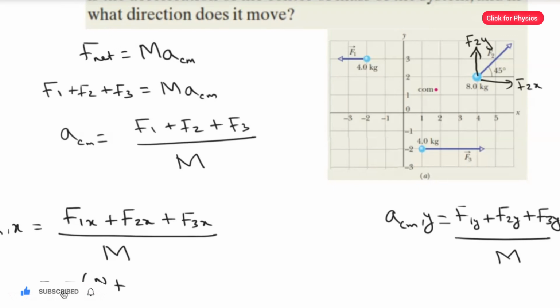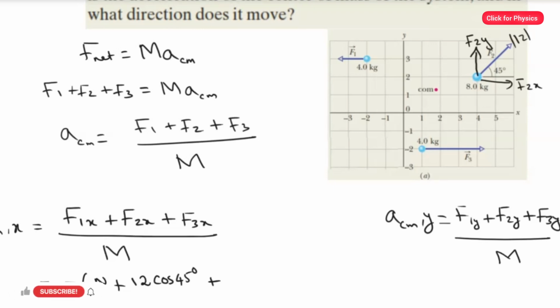So how can we write the magnitude of F2? They clearly mentioned in the question it is 12 Newton, right? So the 12 Newton magnitude we applied. So how can we write the F2x? So 12 multiplied by cosine of theta. So what is the angle here? 45 degree. Plus your F3, again it's horizontal, so no y component, so we have only the x component, but